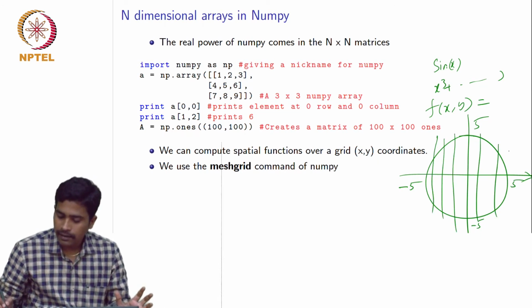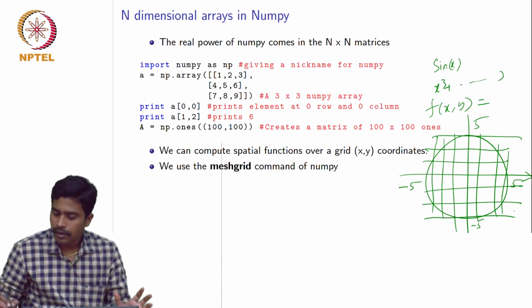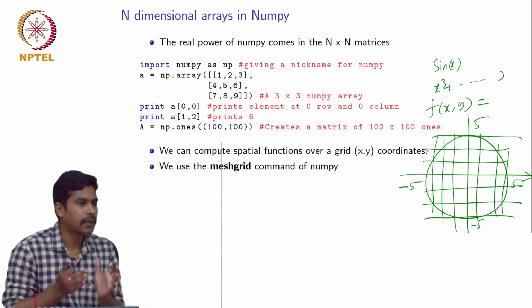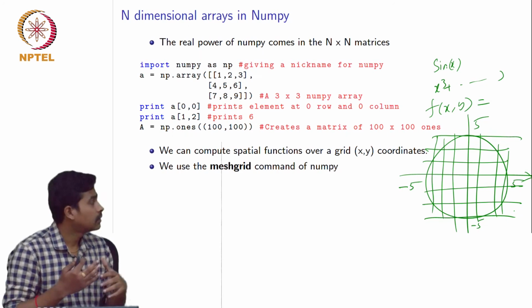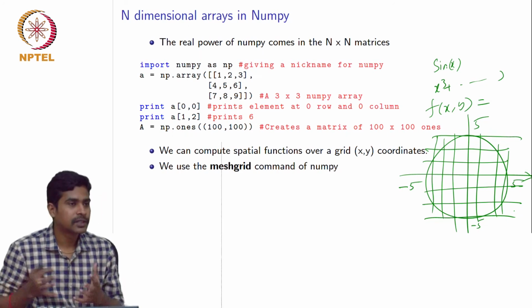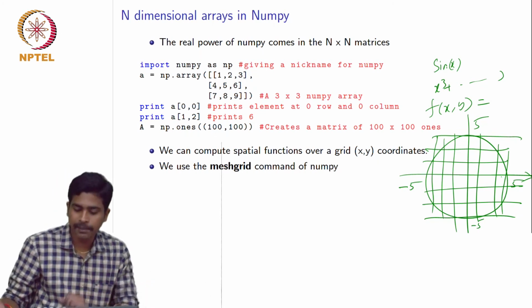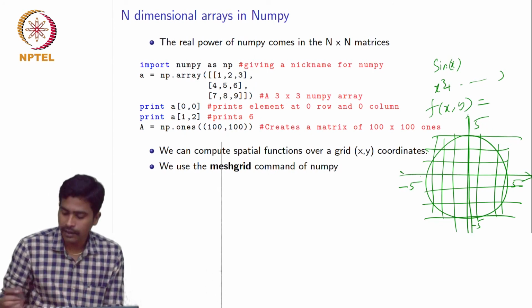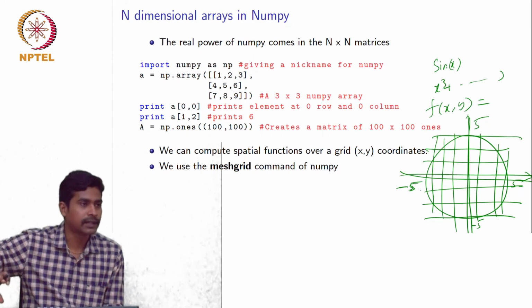You can create like 10 points, minus 4 and so on, this grid, or you can create an even finer grid like minus 5, minus 4.5, minus 4, and so on. The finer you make this matrix, the more memory your program is going to consume. So in this example, if you want to calculate a lens function, you have to take this coordinate system, and the coordinate system ranges from minus 5 to 5 in the x direction and minus 5 to 5 in the y direction.